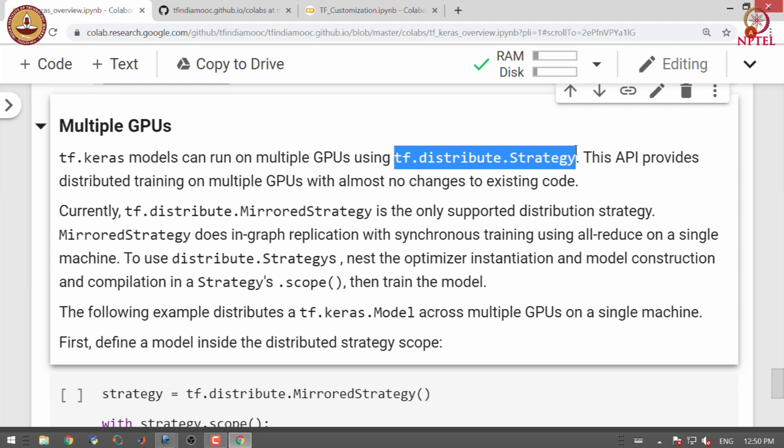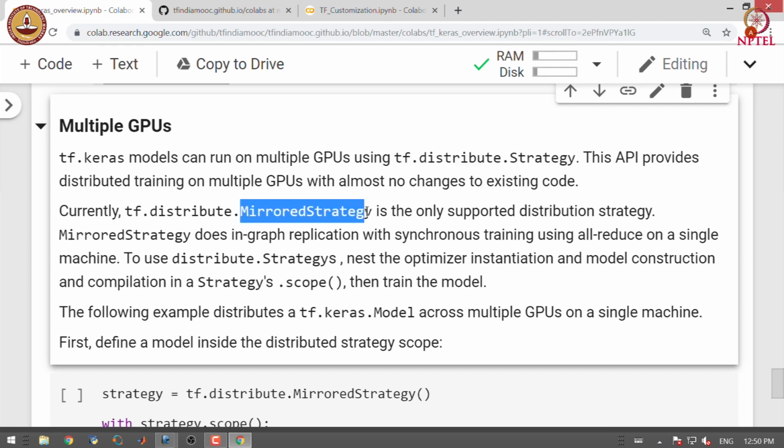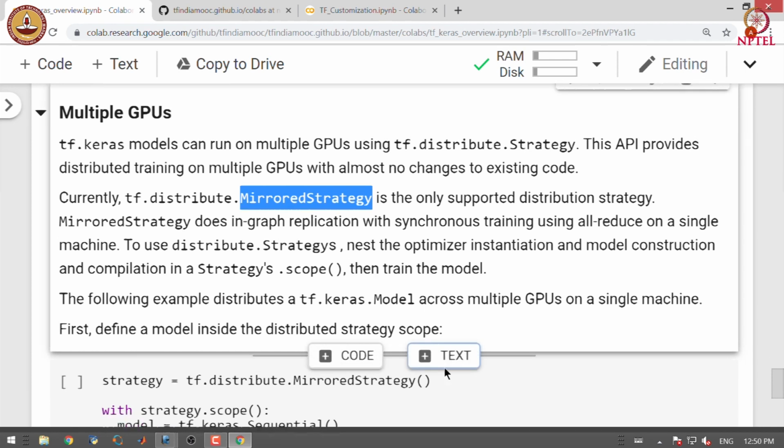One of the distribution strategies supported by TensorFlow is the mirrored strategy, and we construct the model in the context of this particular strategy. Let us concretely look at what is happening here.